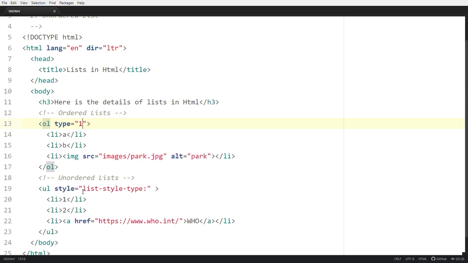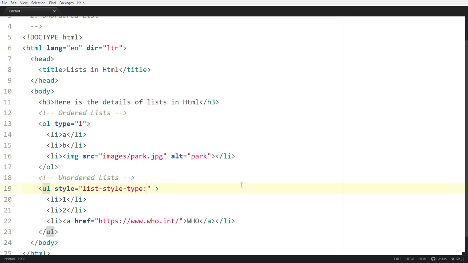Then see this style equal to list-style-type, because the unordered list by default is pointed with bullets. If you want to make a change, you can put values like circle, square and none. By default this is disk, pointing with bullets.